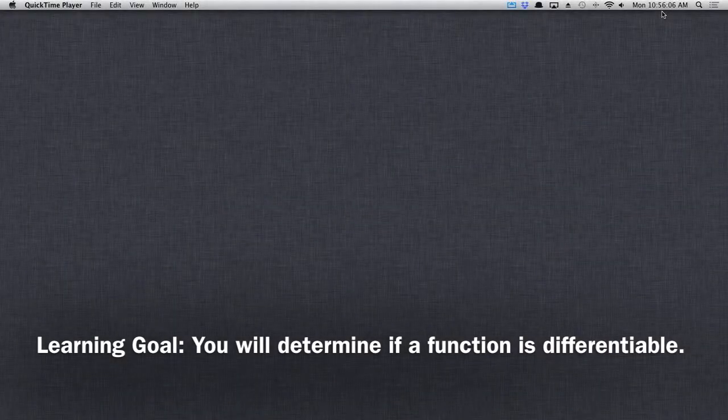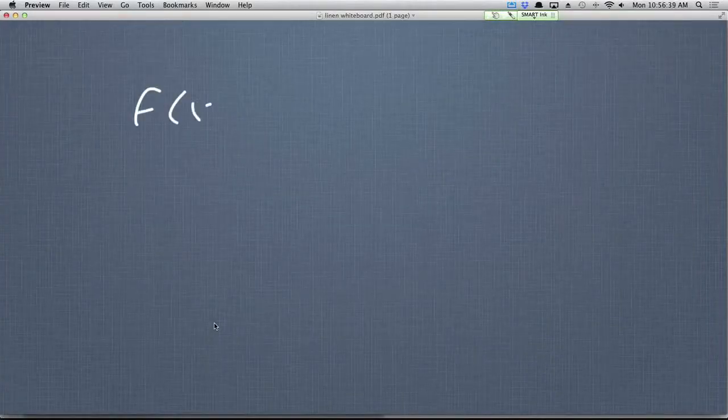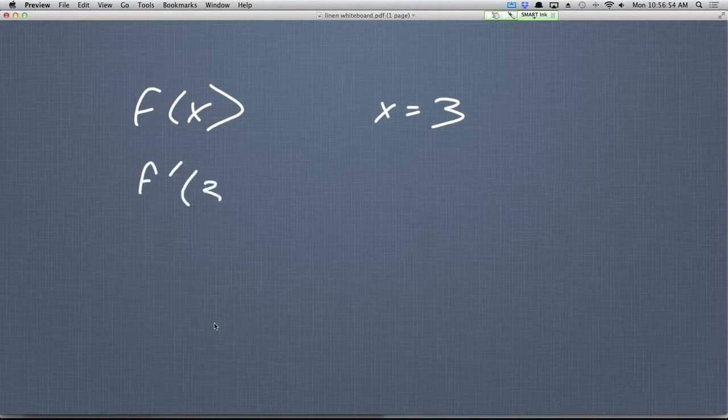All right, today we're talking about a concept called differentiability. Pretty much just the basic concept is something is differentiable if you can find its derivative. All right, let's say I have f of x, and I want to determine if my function is differentiable at the x value of 3. Okay? If I can find f prime of 3, and that produces some number, that means that my function is